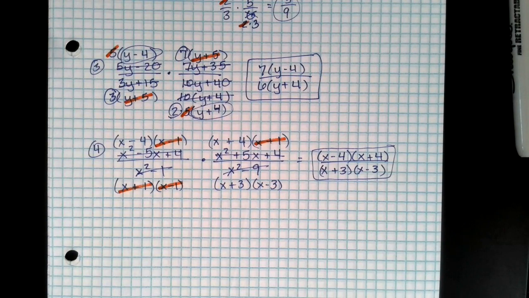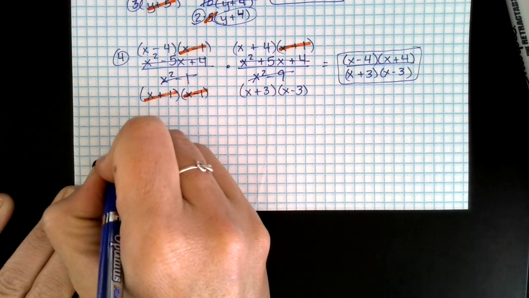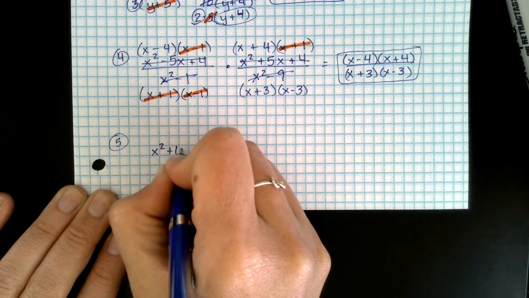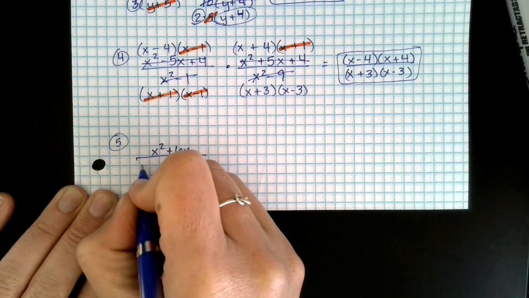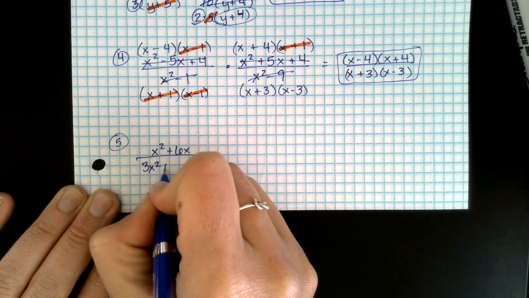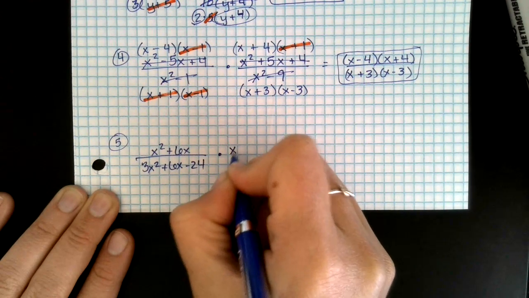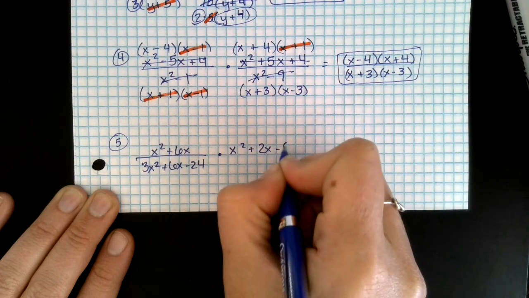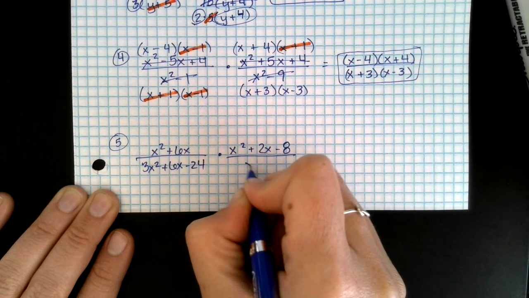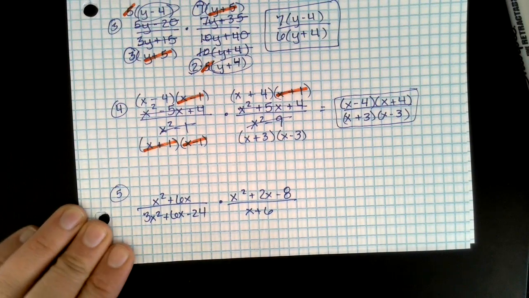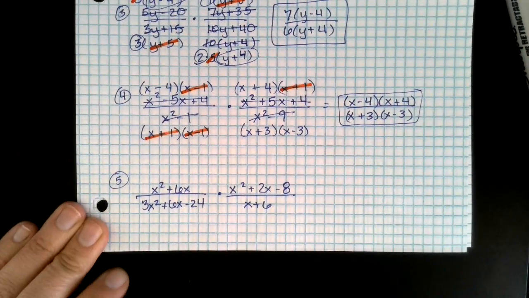and that would be considered our simplified version. So we'll do one more multiplication before we switch to division. So x squared plus 6x, 3x squared plus 6x minus 24 times x squared plus 2x minus 8 over x plus 6. Okay, so the first thing I'm going to do is go through and factor everything